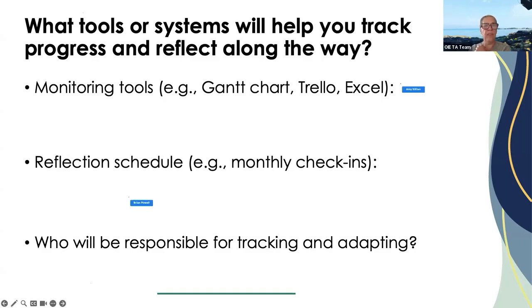So again, what are the monitoring tools you're currently using? With these questions, we're trying to crowdsource information so we can all learn and see what other people are doing. And maybe actually take up one of the tools if you have a really great tool that we're unaware of. So you can click on the annotate button and write straight on the screen, or you can put it in the chat.